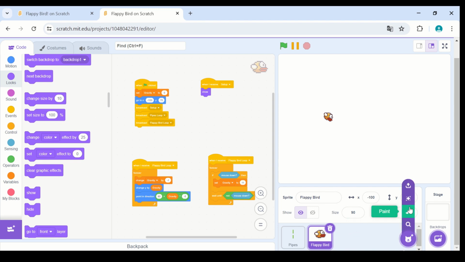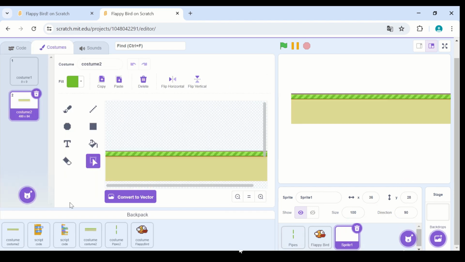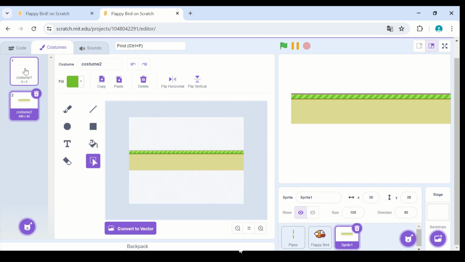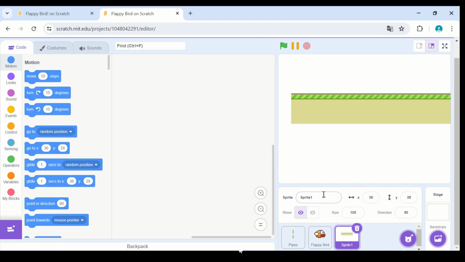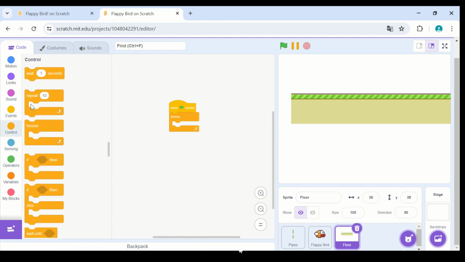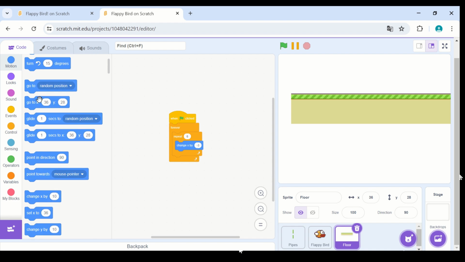So first of all, we are going to again import our costumes, right? And make sure it's a big costume, yeah. Okay, next, name it floor or ground. So get a green flag. This is going to be a simple code: forever, repeat 6 times, change X by -3,